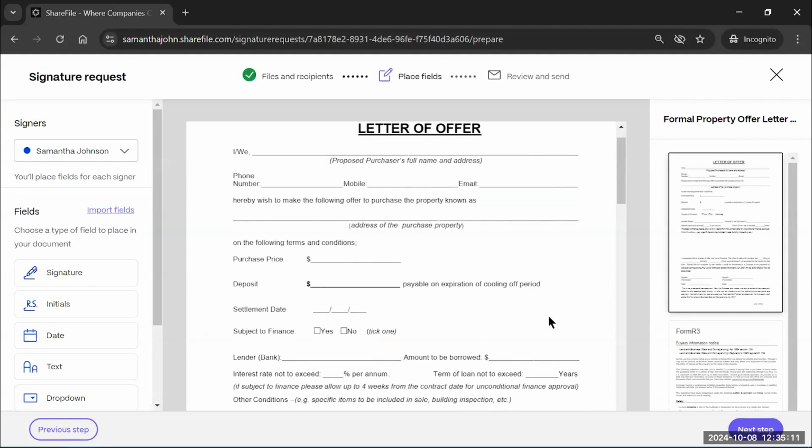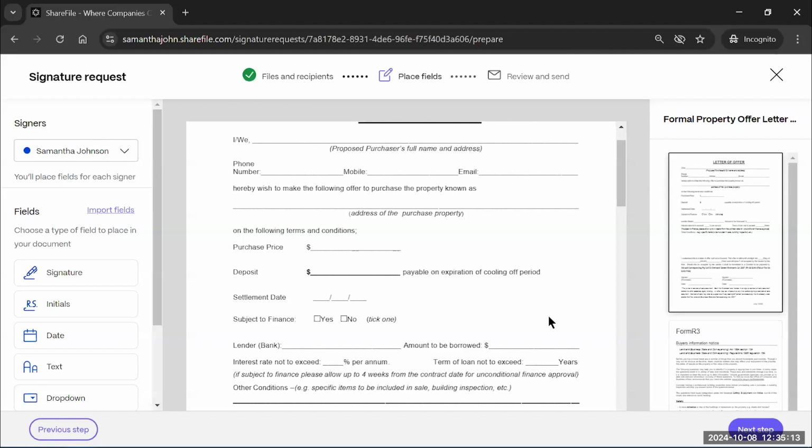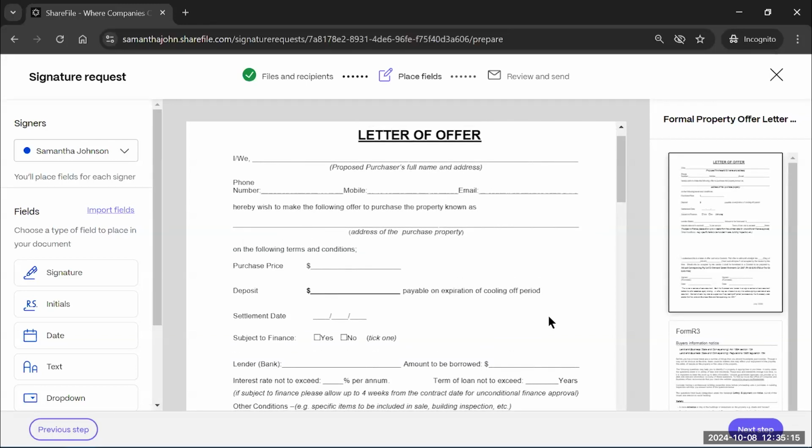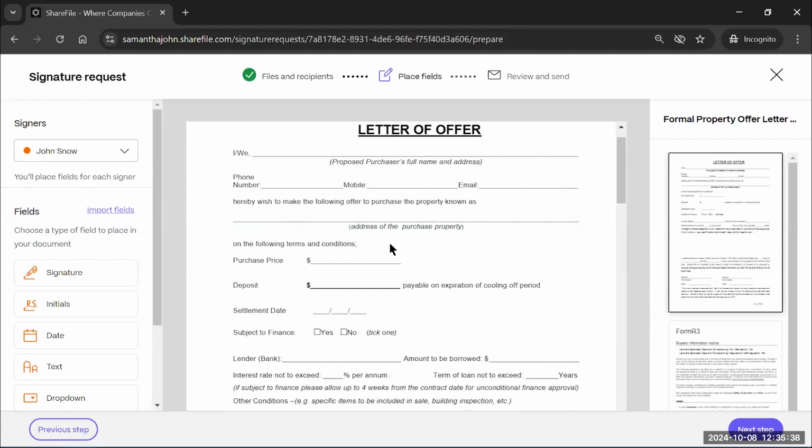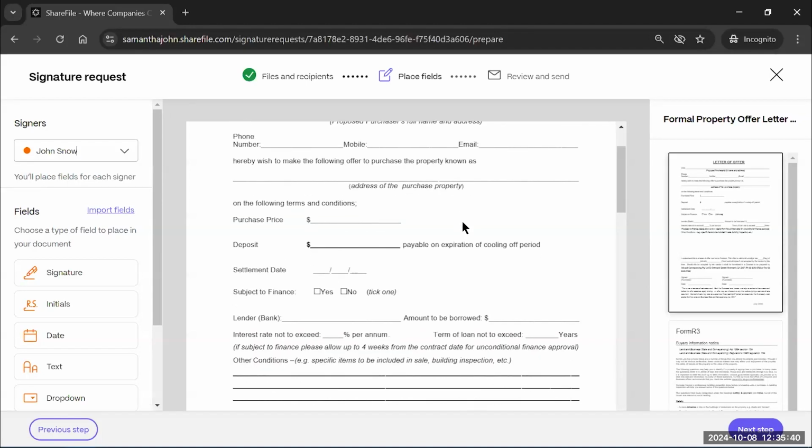Now, once you've added your recipients that will be getting the document, you'll see here the option to assign fields right here on the top left. So this is color coded. I have, in this case, myself, it's blue, and then the receiver, Jon Snow, it's color orange. And you can switch in between them as you need and as we go through. So I will walk you through just completing this